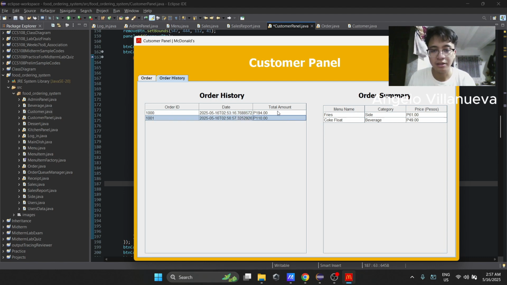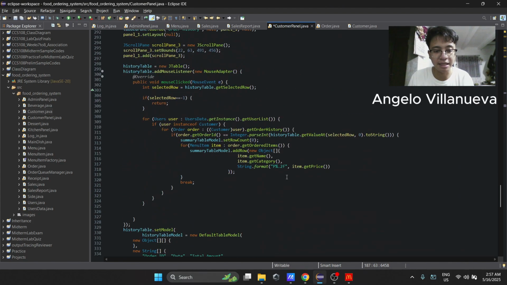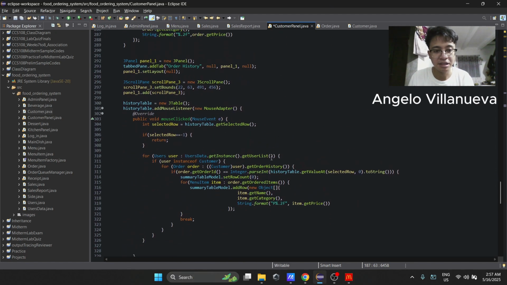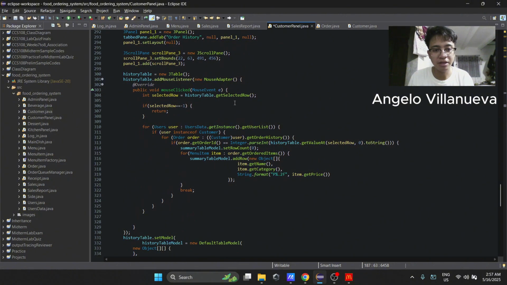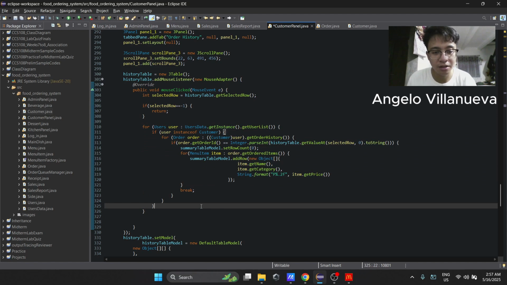Yan. So, to do that, meron tayong mouse listener or action listener na in-implement sa ating order history table. So, ito yan. Kunin muna yung selected row, same concept. Kukunin yung selected row. And after nun, if yung selected row is not equal to -1 or may nakaselect na row, papasok siya dito sa condition na to, which is a nested for each loop and then may if-else statement din.